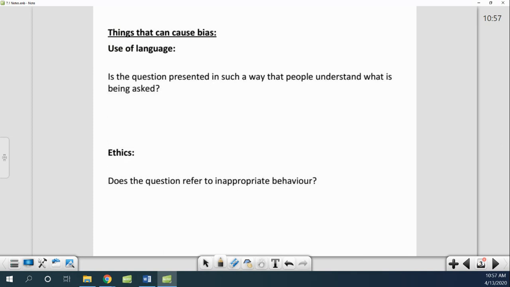Other things that can cause bias would be the use of language. Is the question presented in such a way that people actually understand what is being asked and that it's not tilted or slanted one way or another? So an example of this could be if I wrote a survey question that says, Mr. Burns is the greatest math teacher. That's my opening statement. Now my question,